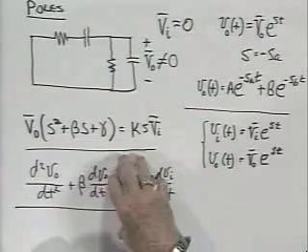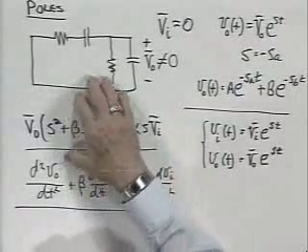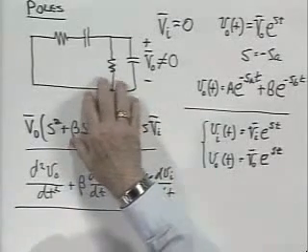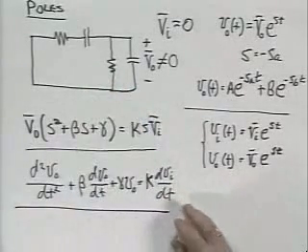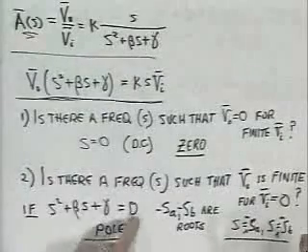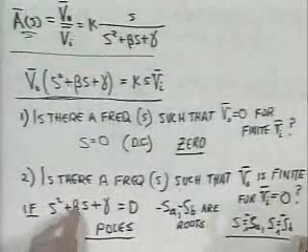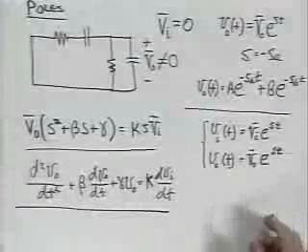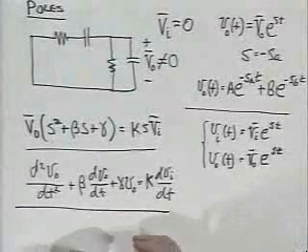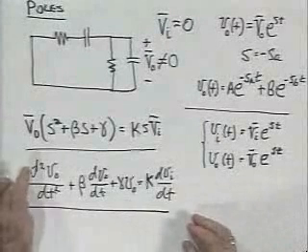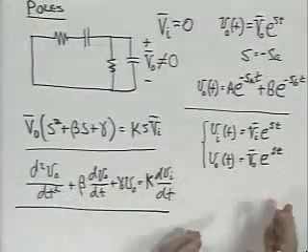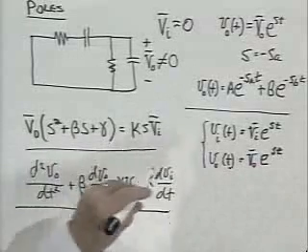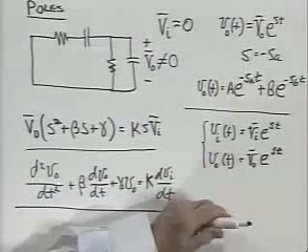We said that if the frequency of voltages or currents in this network was such that the characteristic equation back here was equal to 0, that is, s squared plus beta s plus gamma equals 0, that is the characteristic equation for this network. That is, if we started with this differential equation and substituted in A e to the st, I get s squared plus beta s plus gamma, A e to the st, equals the other side, and that would be the characteristic equation. We've said that the roots of the characteristic equation, which we call poles,